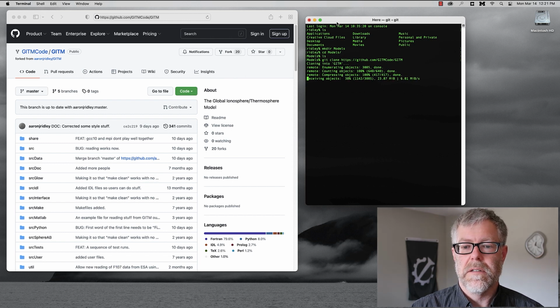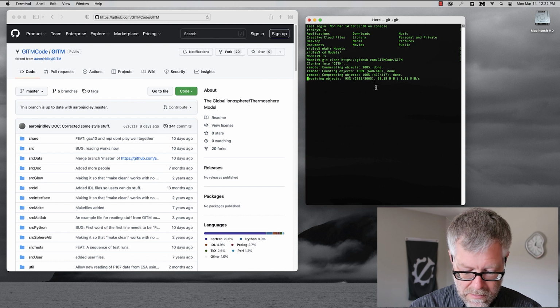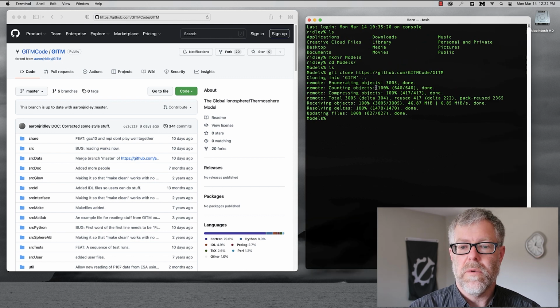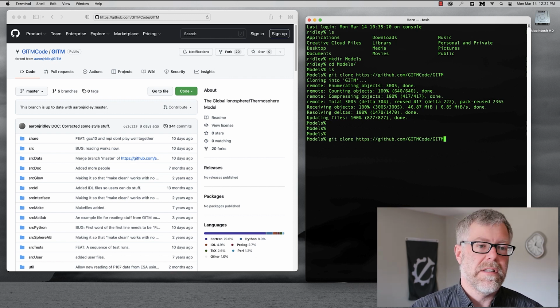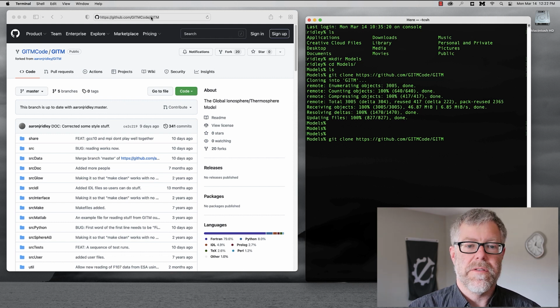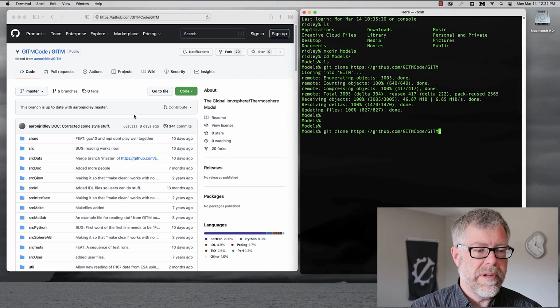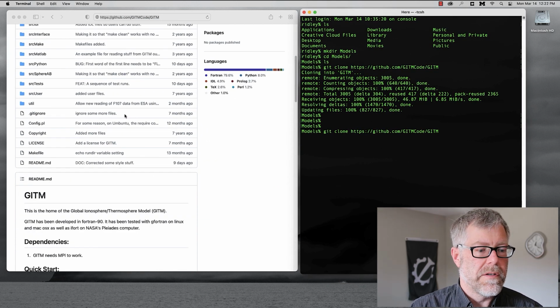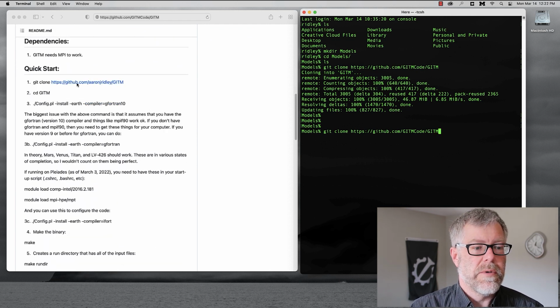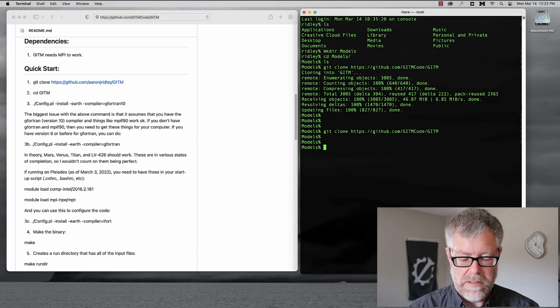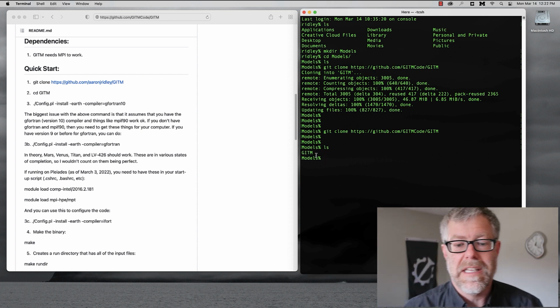That is fantastic. Oops, I'm going to make this a little bit bigger so you can all see what I've just done. Yeah, so we did git clone and then the web address that we got from Safari. And we can leave this open if we want. And so what I'm going to do is I'm going to look through the quick start, which tells you how to do all of these steps. So we already did this step, and then if we do an ls,